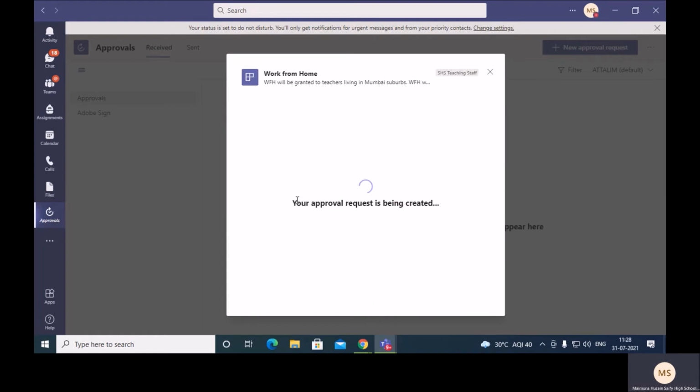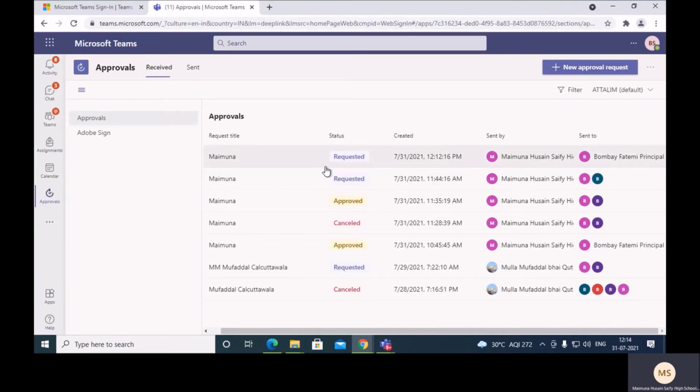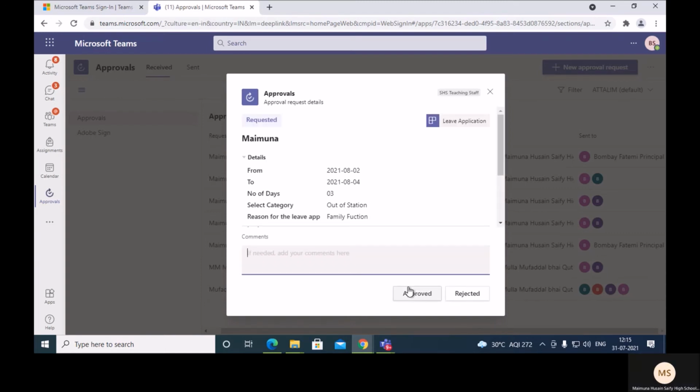When I click on the send button, our approval request has been created and it will be sent on the other end. Here we can see in the approvals, this is the request which I have sent. It is still in the request form, right? That means it is neither accepted nor rejected right now. It is still in the request form. Now, once the request is received on the other end, it can be either accepted or rejected. So in case if it is approved,